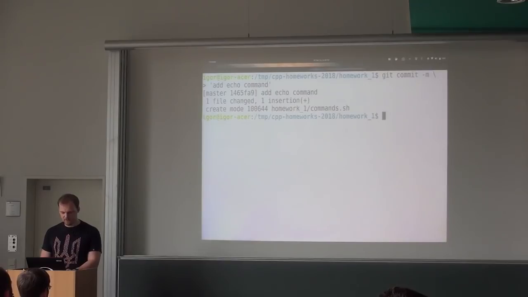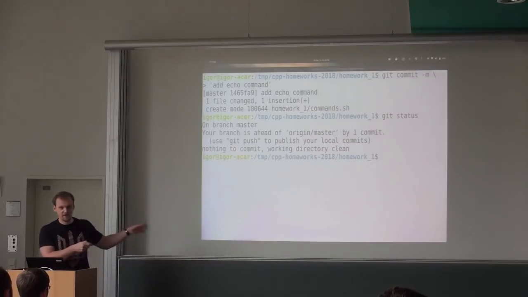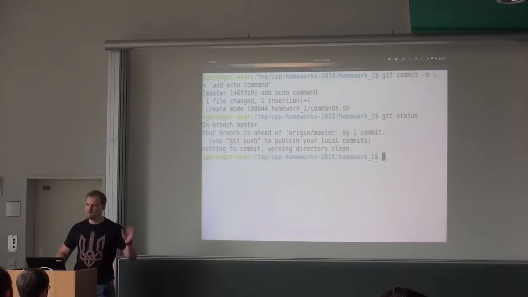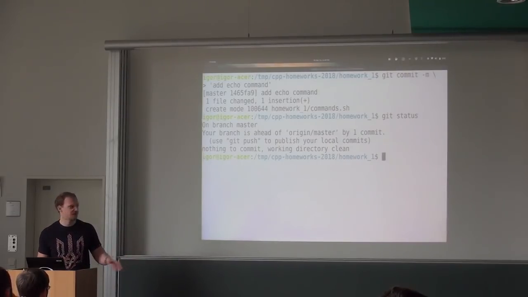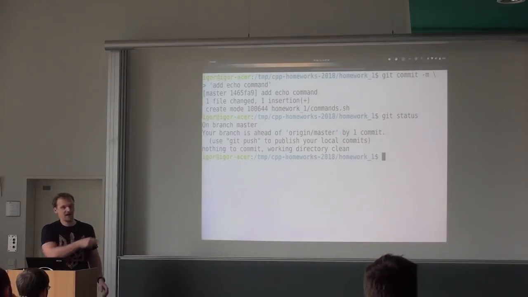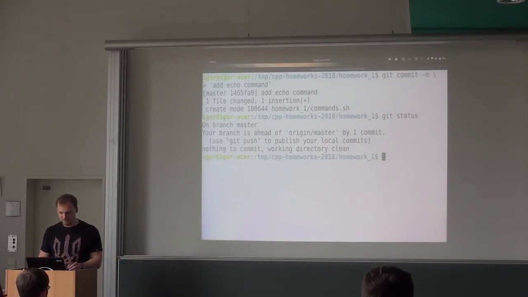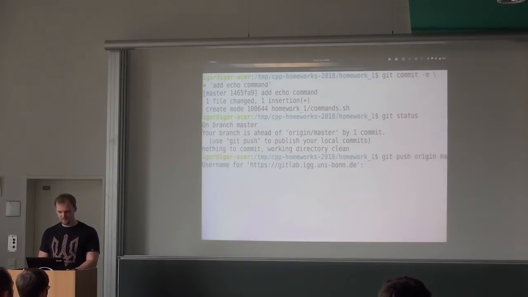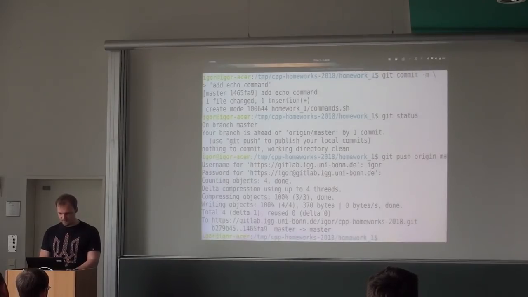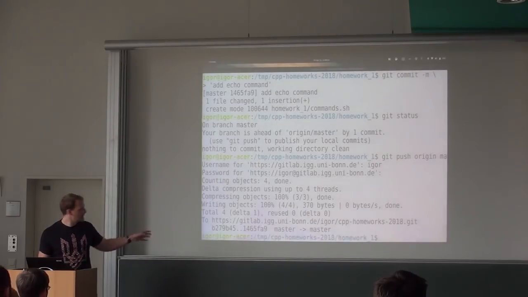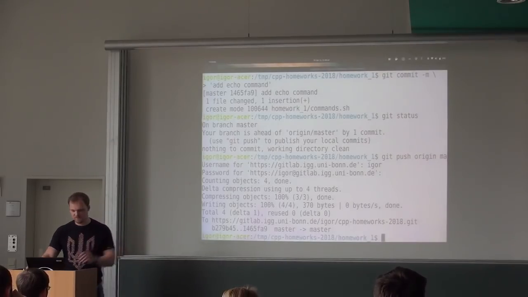So I do this, now git status, and now it says that there is nothing red or green, there is just your branch is ahead of origin master by one commit. Again, you will know what a branch is when you look at the tutorial, but the main part is here. I'm ahead of something by one commit. So what I can do is a git push origin master. Believe me, there is master there. It's not seen on the screen. Good. It shows a lot of things, but the main part is that it has sent something to master.